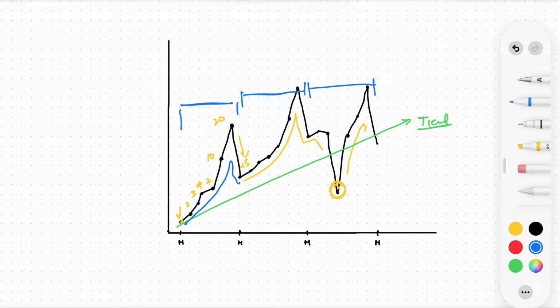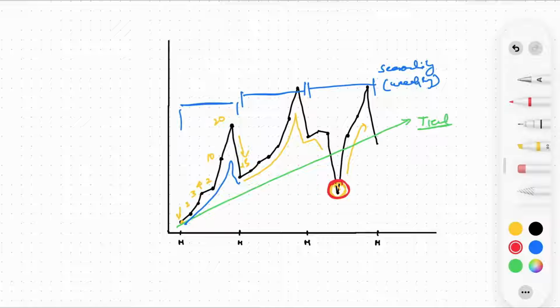This is called seasonality, and this is a weekly seasonality. Another thing you might have noticed are these anomalies, or it can be an event. In this case, it is an event. It is an external effect, also called an